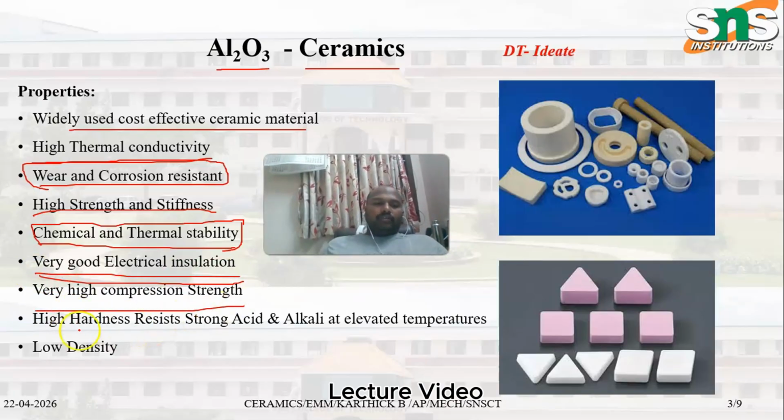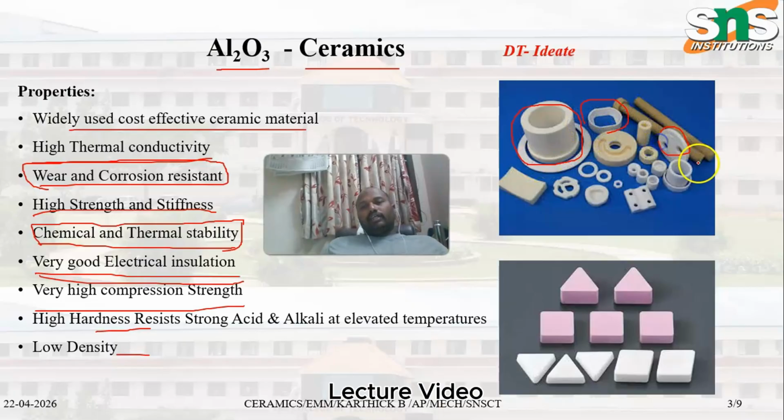Apart from this, it has very high hardness, resistance to strong acids and alkalis at elevated temperature, and low density. With these properties, Al2O3 is used in high temperature applications where acid comes into the picture, where we cannot use metallic parts, which would be corroded by the acids. In that area you can use aluminum oxide, Al2O3 parts,